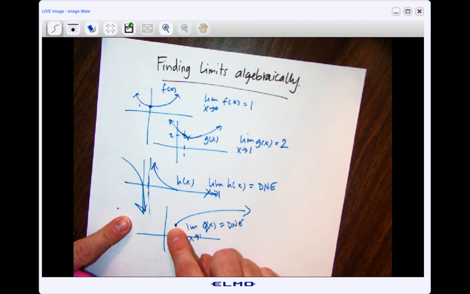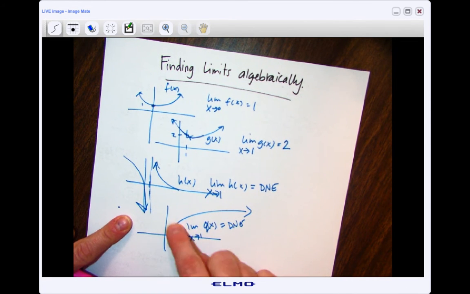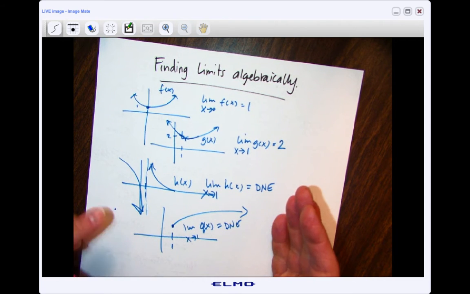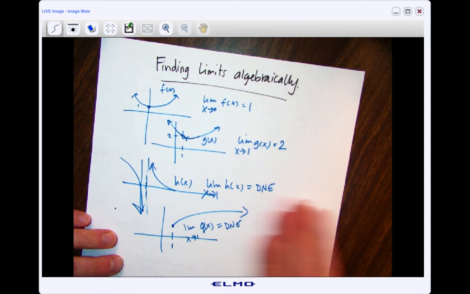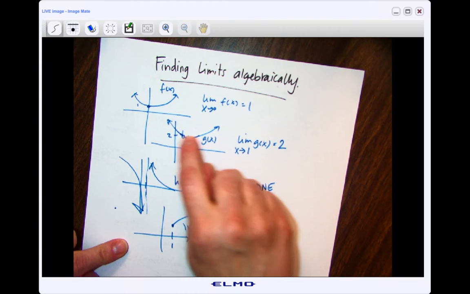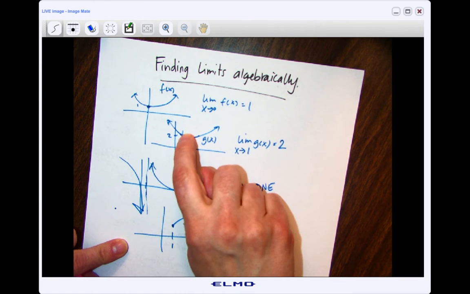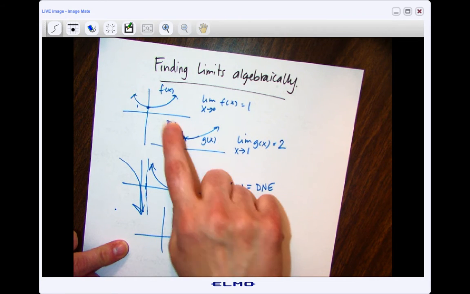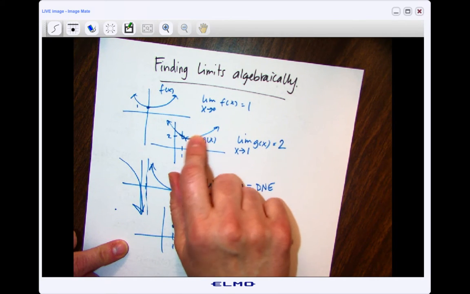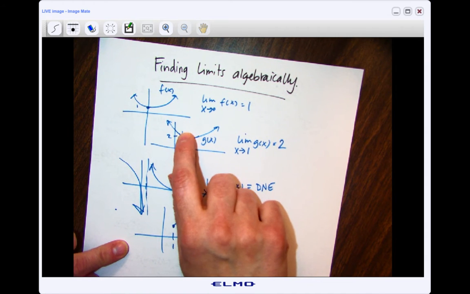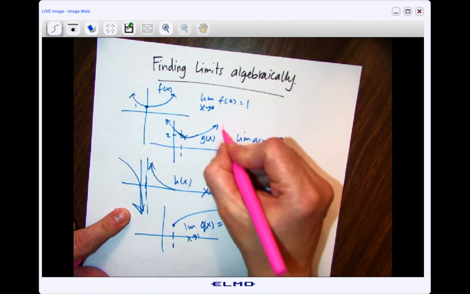This guy, I can't eliminate this endpoint and add more graph, or it would in essence change everything that makes him who he is, right? But this guy, I could probably draw one that's almost identical where we just put a little makeup on this little freckle here and he would be the same guy, right? It would be just a little tiny cosmetic change to just fill in that hole. So this one would be called a removable